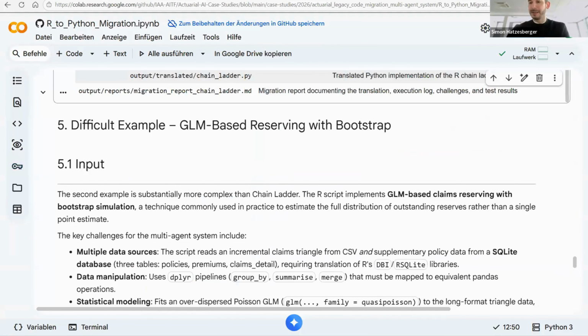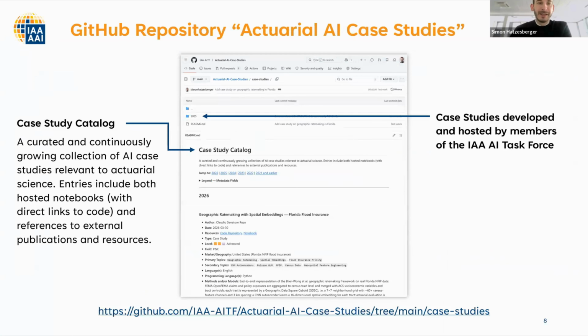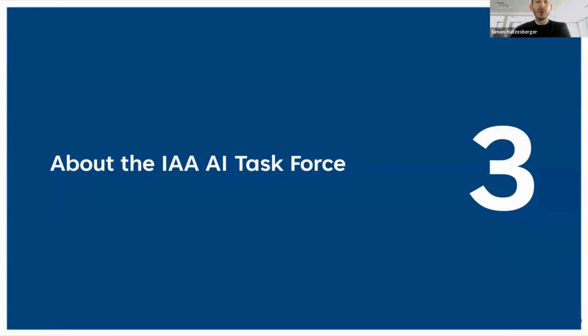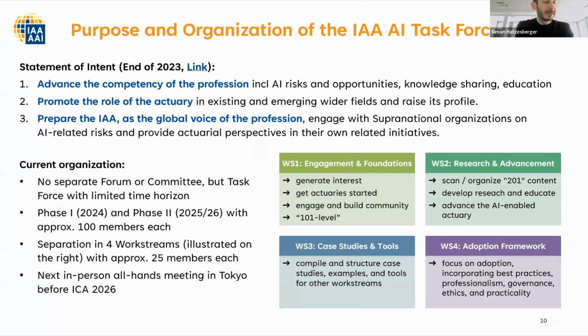All right, back to the slides in the last 2 minutes. A few more information about the IAA AI task force. We started at the end of 2023 or beginning of 2024 with the idea to make the profession better, advance the competency of the profession. Also to promote the role of the actuary and to get in contact and in touch with other associations about AI topics like supranational regulatory bodies or alike. We have 4 work streams,